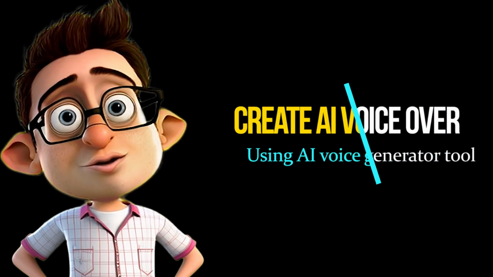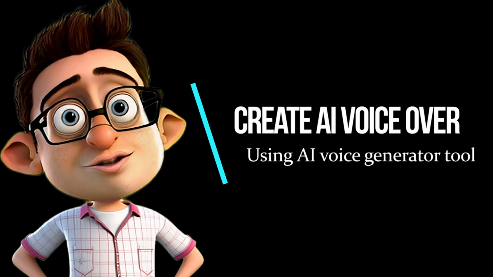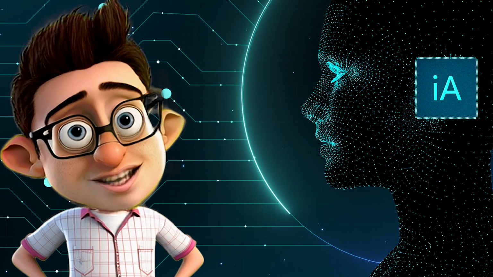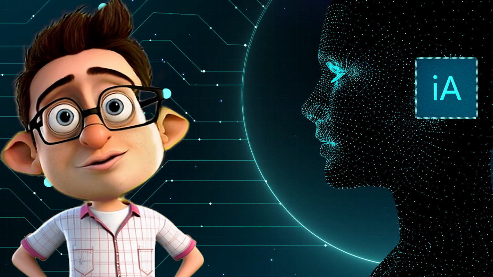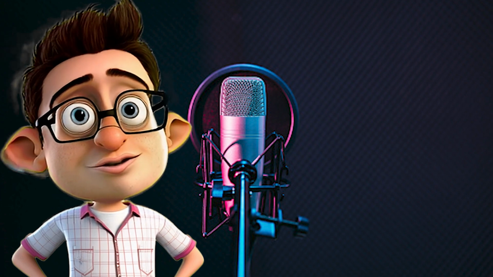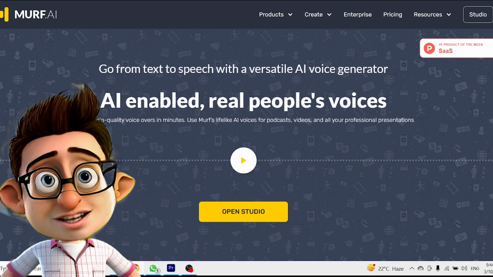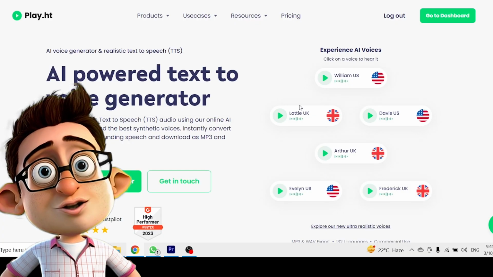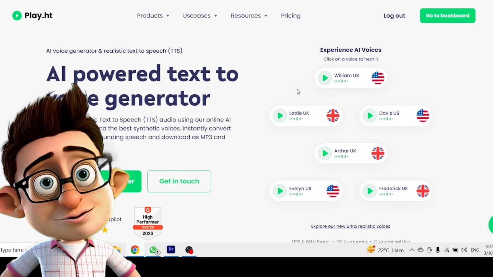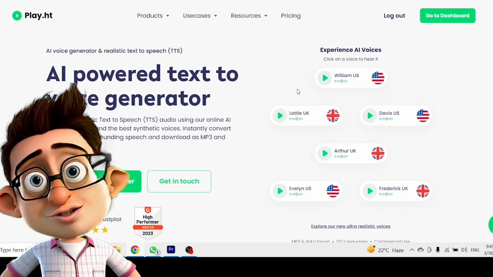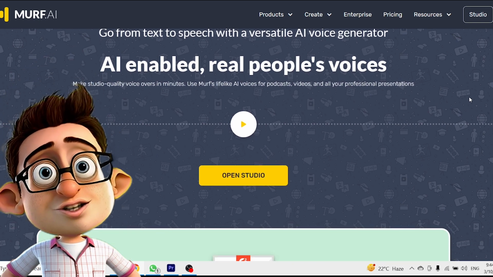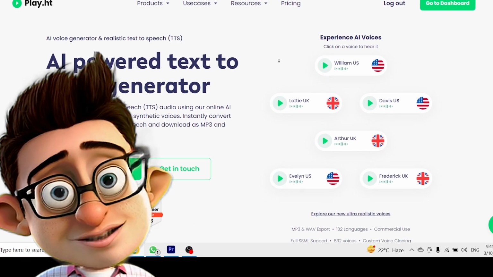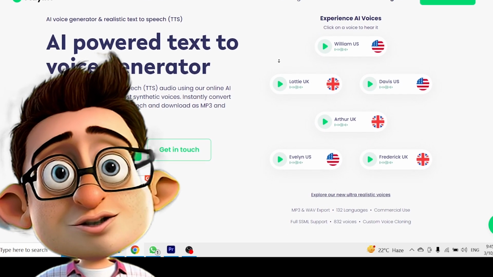Step 3. Convert your script into real human-like voiceover using AI voice generator tools. After writing your script, the next step is to convert it into a real human-like voiceover using AI voice generator tools. There are several tools available on the market, such as Murf.ai, Descript, and Play.ht, that can help you generate high-quality voiceovers in minutes. Using AI voice generator tools is a great way to save time and effort on recording your voiceovers. These tools use advanced text-to-speech technology that can create a natural-sounding voiceover that's almost indistinguishable from a real